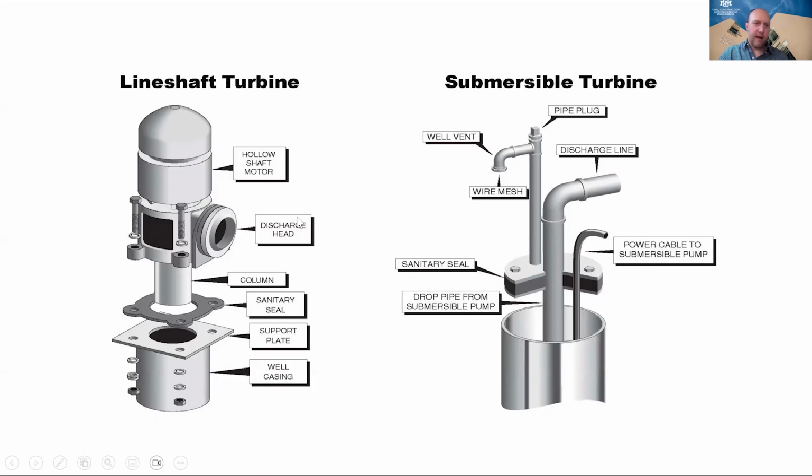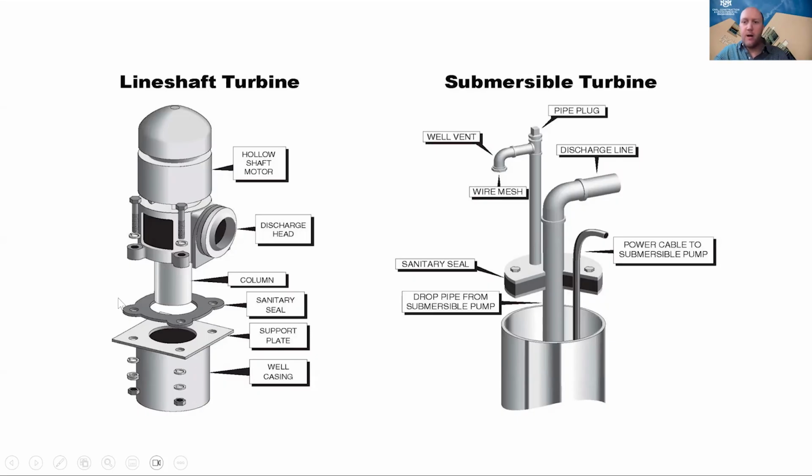And you can see some other components of the well in these diagrams. So here's our motor, here's our discharge head. This is where the water is flowing out after it's pumped up. The column of this motor, and then there's a shaft going down there. The sanitary seal seals the outside from the inside of the well casing, and so it prevents any contamination of that well. Just a support plate for this pump,